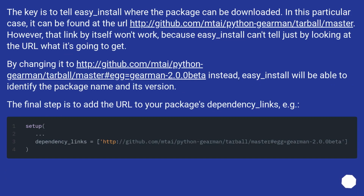The key is to tell easy_install where the package can be downloaded. In this particular case, it can be found at this URL. However, that link by itself won't work, because easy_install can't tell just by looking at the URL what it's going to get. By changing it to this URL instead, easy_install will be able to identify the package name and its version. The final step is to add the URL to your package's dependency_links, for example: